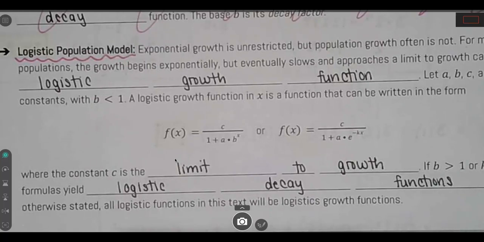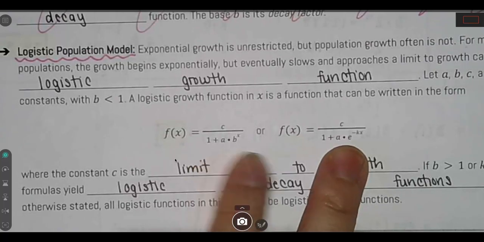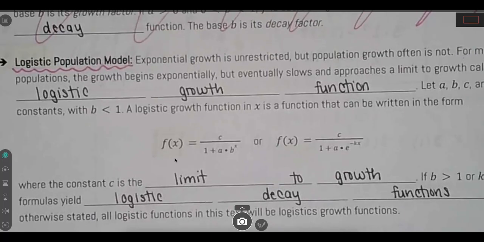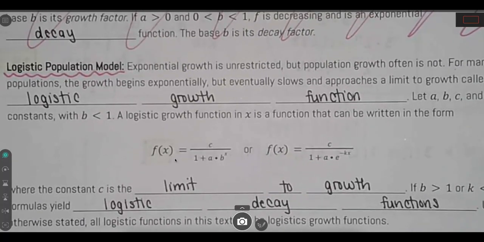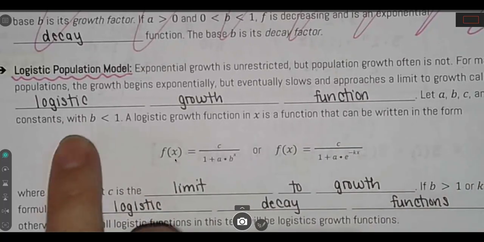There'll be some asymptote up here that it doesn't cross. So it's a different function. It's either this or this, depending on if the base is e or if the base is some other constant. So exponential growth is unrestricted, but population growth is often not. For many populations, the growth begins exponentially, but eventually slows and approaches a limit to growth called the logistic growth